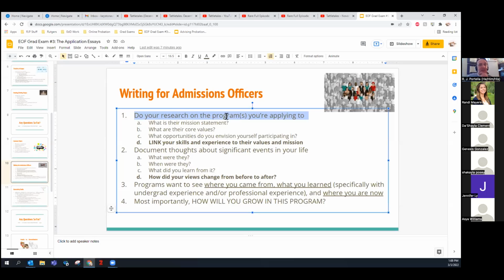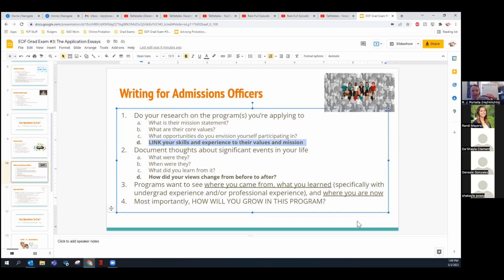And like Dr. Mayers said at the beginning, you want to link your skills and experience to their values, their mission, and their opportunities. That's no different from a cover letter. If I read an ad that says, we're hiring people who can do this, this, this, and this, in your cover letter, you're going to take those bullet points and you're going to match them to your experience.